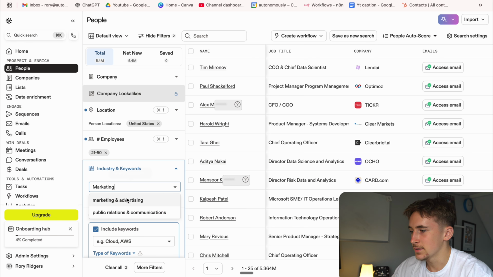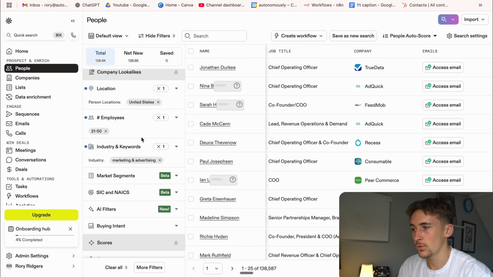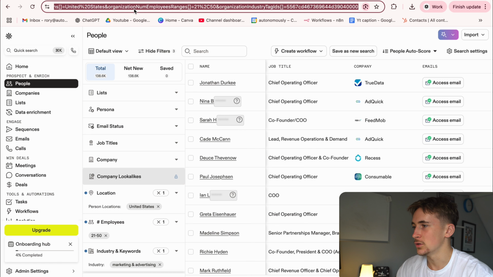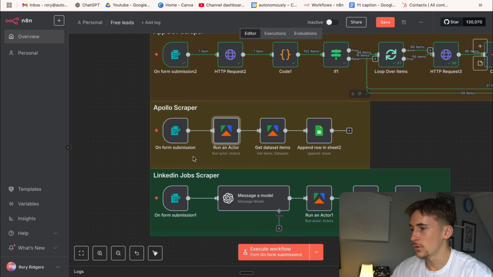Marketing, so let's say marketing and advertising. And of course you can pin this down more if you want. You could do way more filtering and make it way more specific. You can see there's 138,000 contacts here, so not specific at all, but we're just going to use this for now. All you do is grab this URL here, and then if you come back over to N8N,